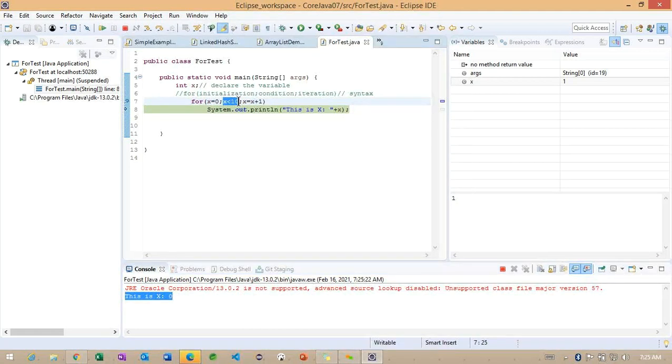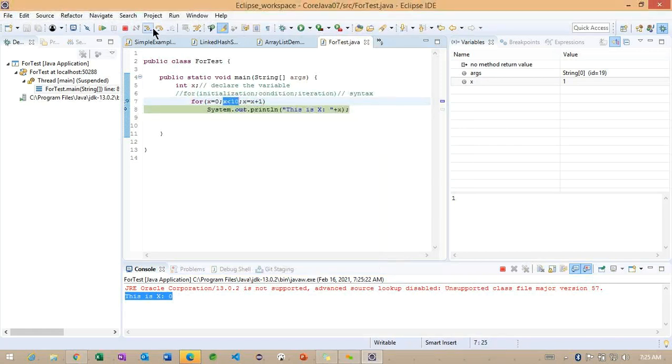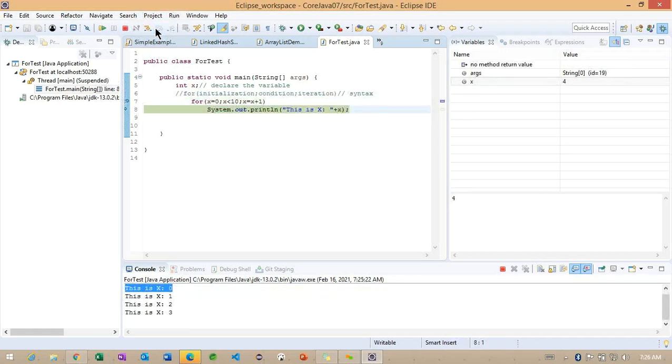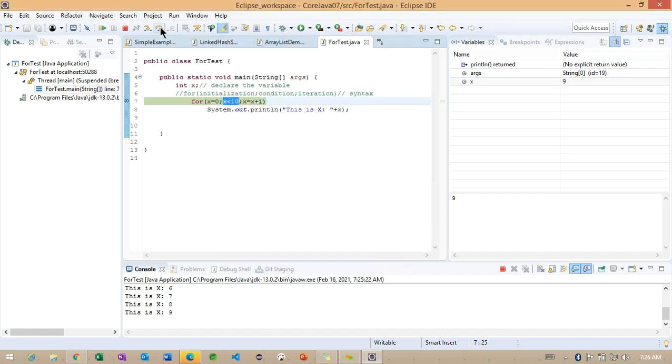And you can check the condition block here, something called Control Shift I. Now you can check, still it is returning true. So observe 1. X is changed to 2, printing the statement, and x is changing to 3, printing the statement. So this is the way internally it's working here. Up to how many times will it work here? So 9 times is completed. You can check this particular conditional block here. Still it is true.